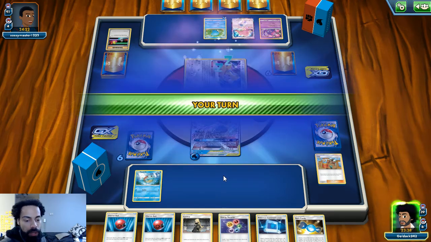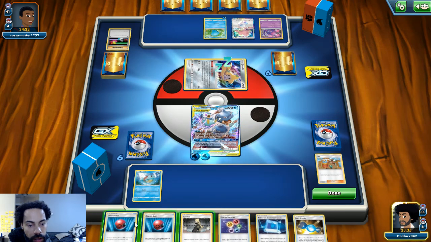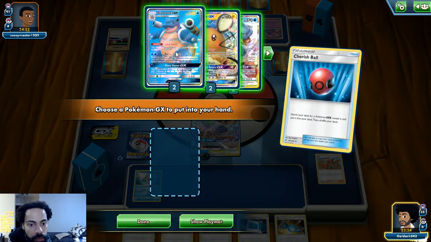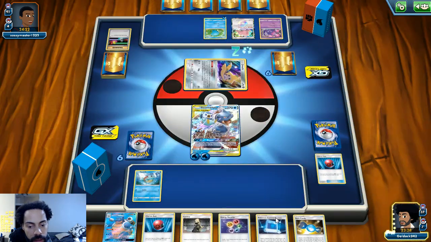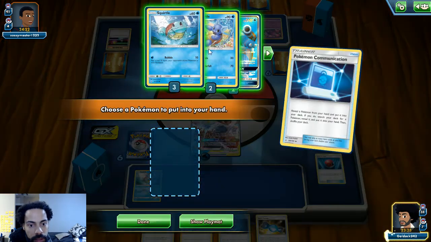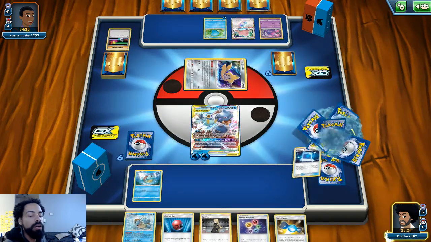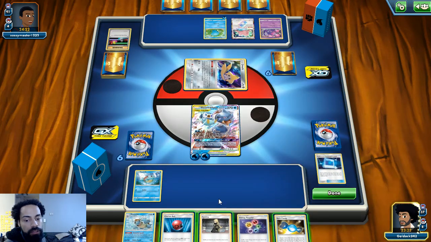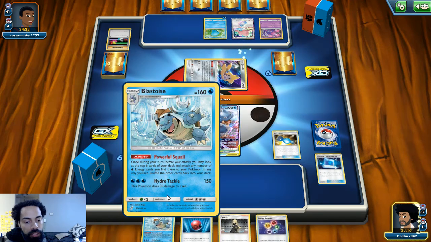But hopefully between the Cynthia... Oh, there we go. Cherish Ball for whatever. We could get the big Blastoise out. Change that for a little Blastoise. See, this is why the communication, even though Communication is not the greatest card, you still need it. And I kind of want to Cherish Ball for the Denny,